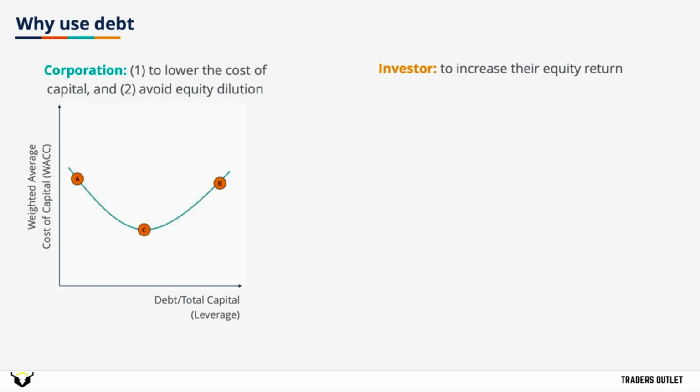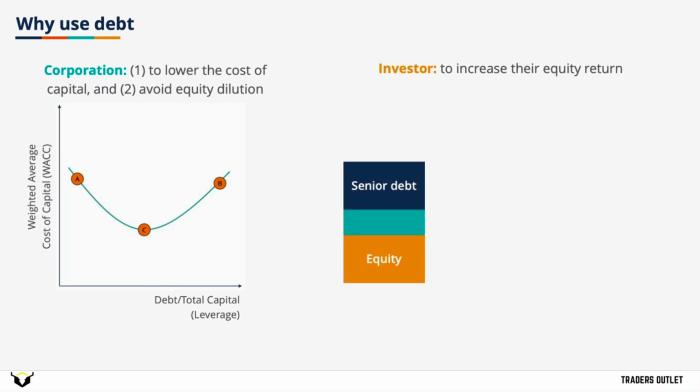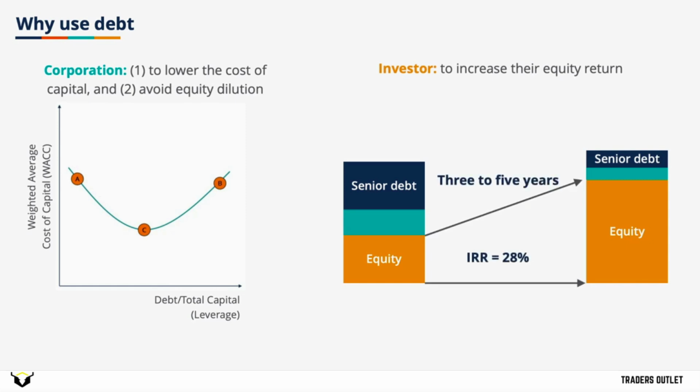Now, from an investor's point of view, if they were a private equity firm that was going to buy a company and they could fund it, as you can see here, with some equity and some debt, and then they were to invest for 5 years and the value of the company were to grow, but they were to pay down the debt, you can see that when we look into the future, the equity return is much greater than the return for the overall company. Because the debt was repaid, the equity piece grows disproportionately. So the equity rate of return is higher.